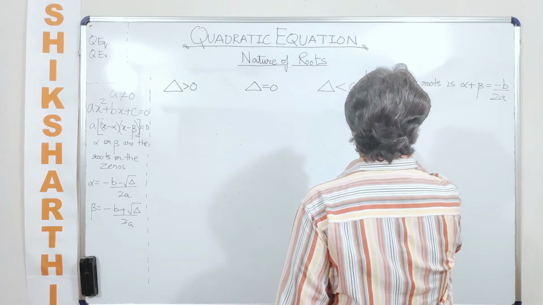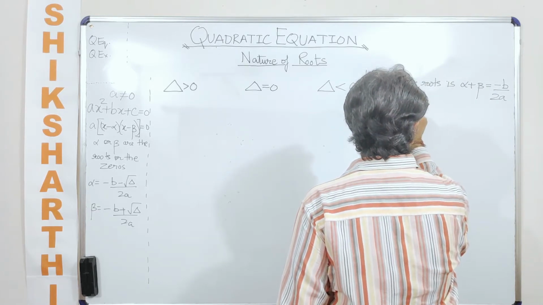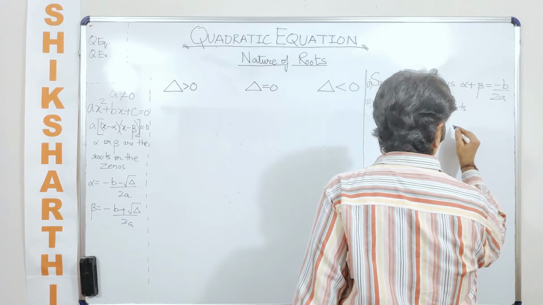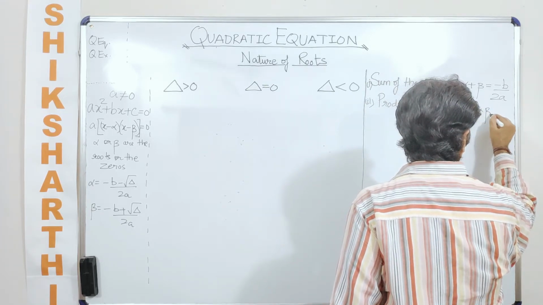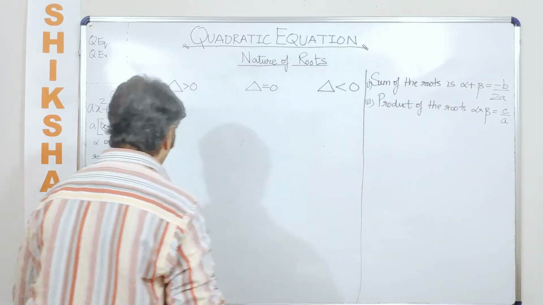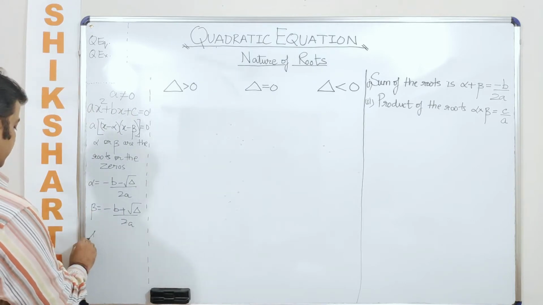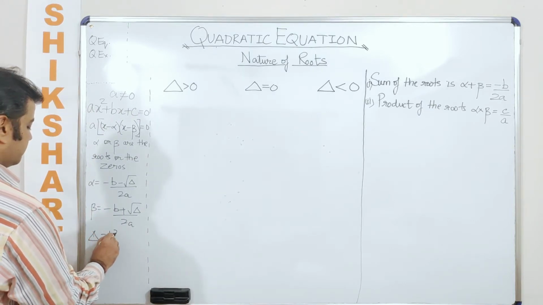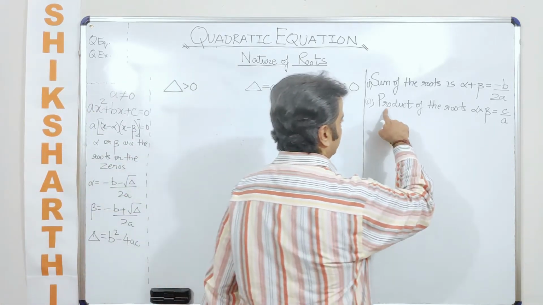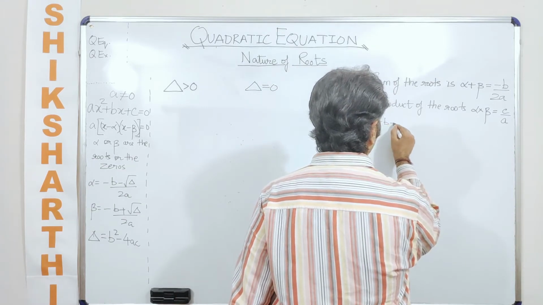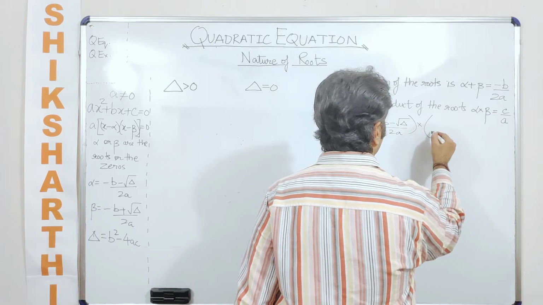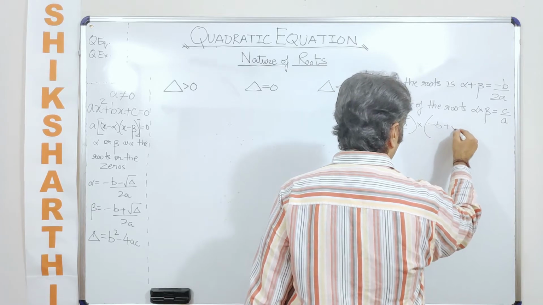Second point here is, can we find out the product of the roots? Now please try and understand this thing fundamentally. Though I know that you know what is the value of alpha into beta, which is c by a, but how do we get this value? We know that the value of delta here is b square minus 4ac. So now when you are multiplying alpha into beta, you are basically saying minus b minus root delta upon 2a into minus b plus root delta upon 2a.